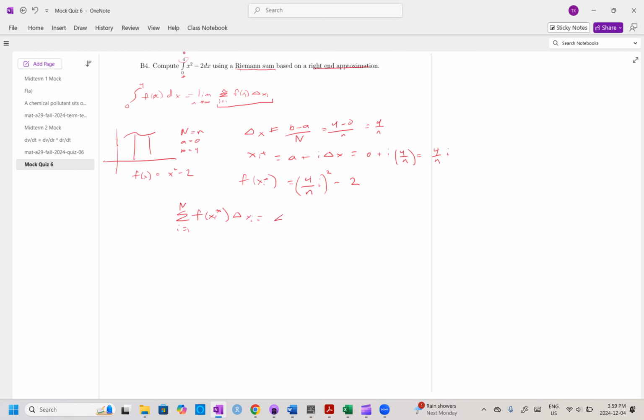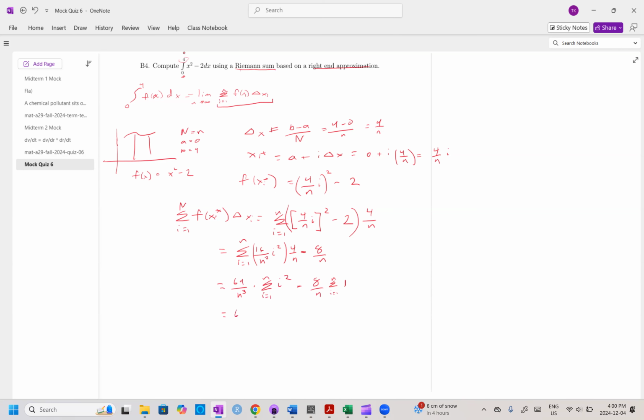So if we take the sum of i equaling 1 to n of f of xi star delta xi, this equals the sum of i equaling 1 to little n of ((4 over n i) squared minus 2) times 4 over n, which equals the sum of i going from 1 to n of 16 over n squared i squared times 4 over n minus 8 over n, which equals 64 over n cubed times the sum of i equaling 1 to n of i squared minus 8 over n times the sum of i equaling 1 to n of 1,